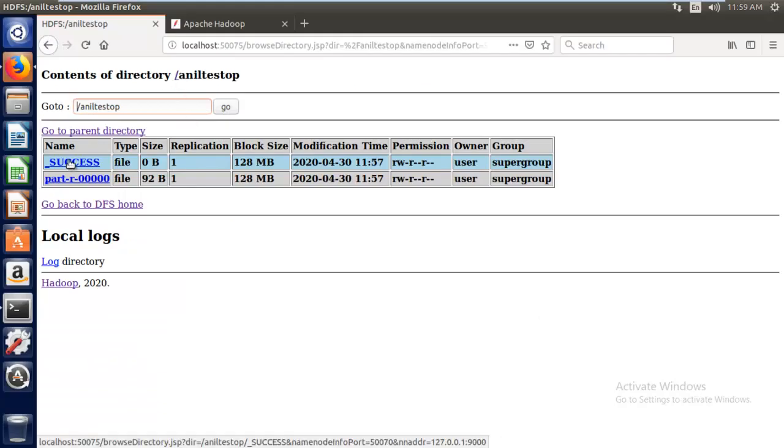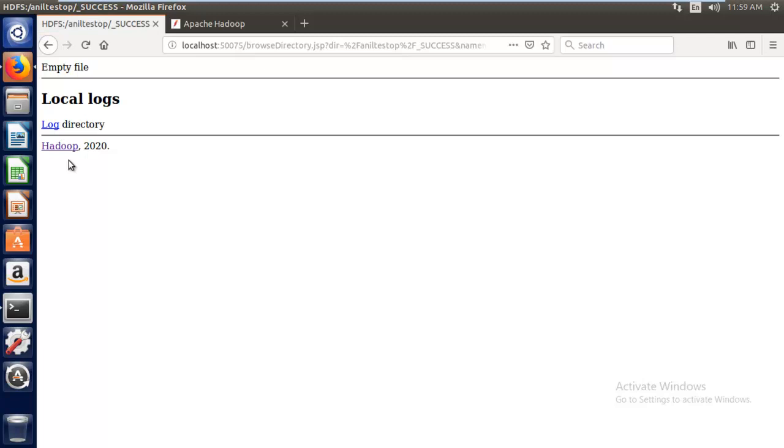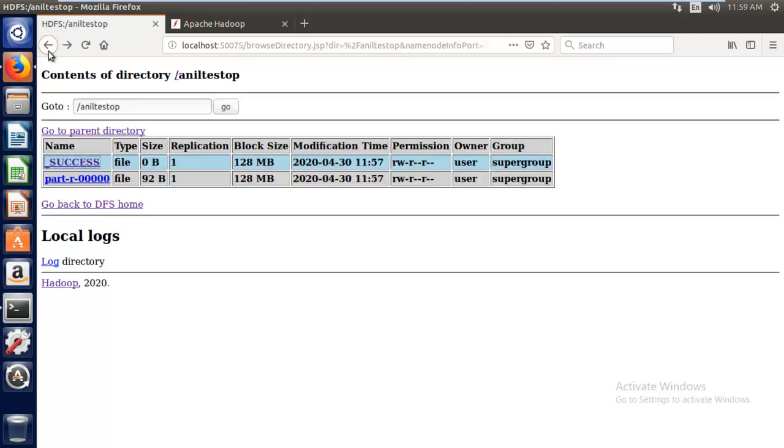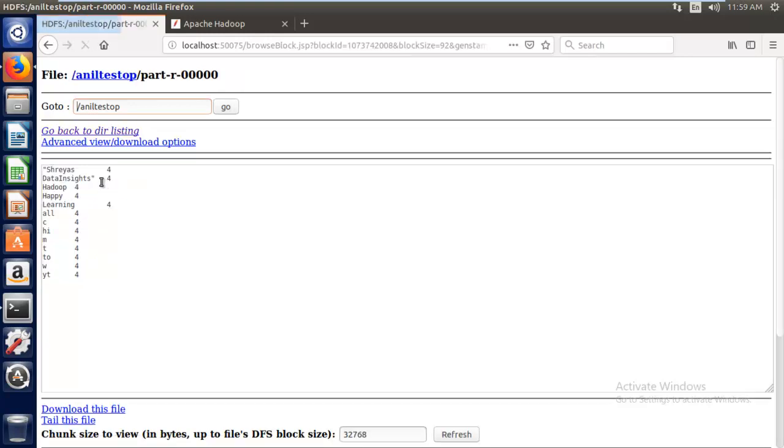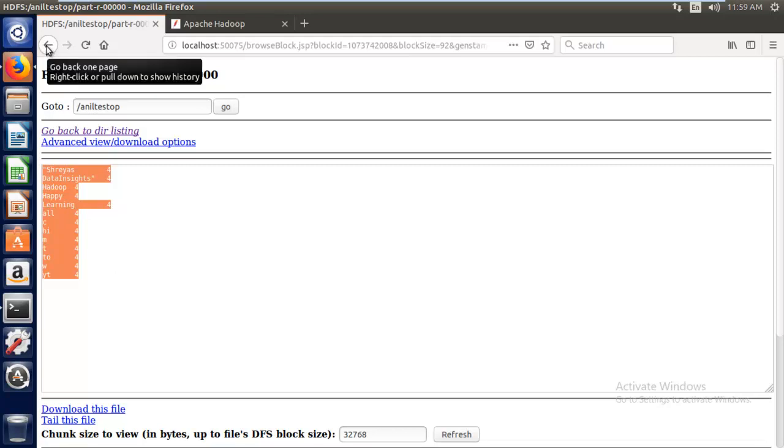Success is just a flag, a status message. And here you can see part-r-00000. If you click here, you will see Shreyas came 4 times, data insights came 4 times, Hadoop came 4 times, Happy came 4 times, learning and so on, all the way. So it's giving the whole word count here. This is how you're going to get the result.